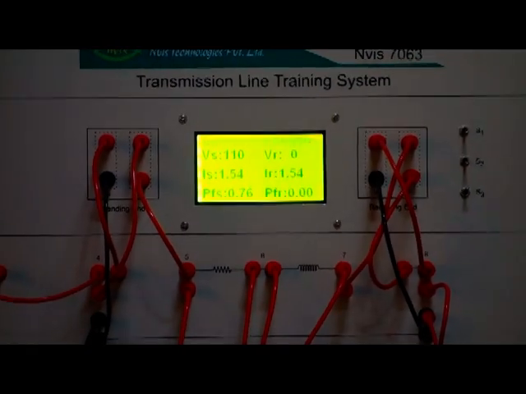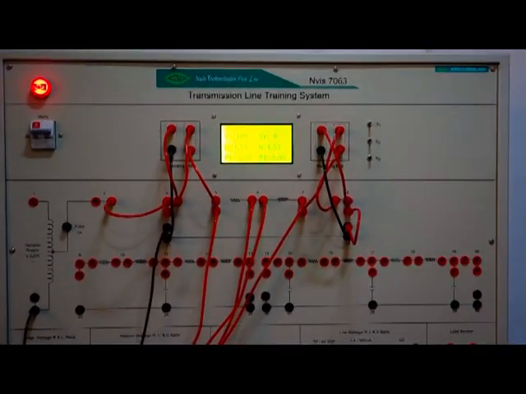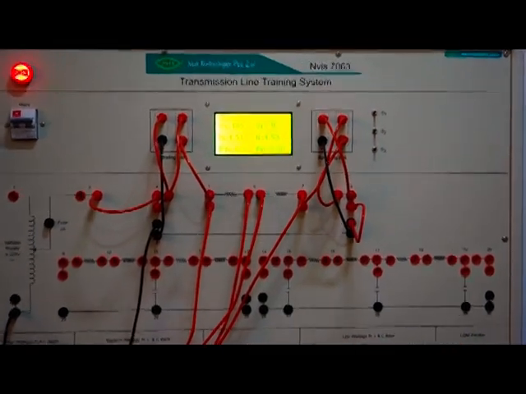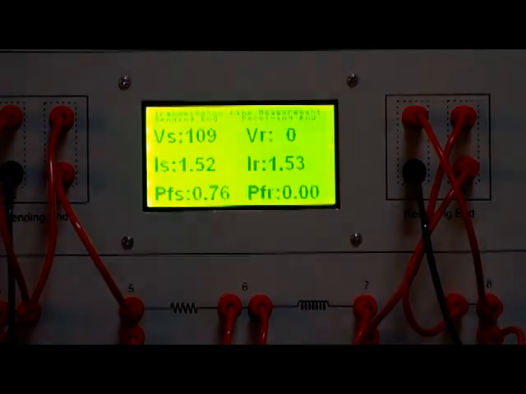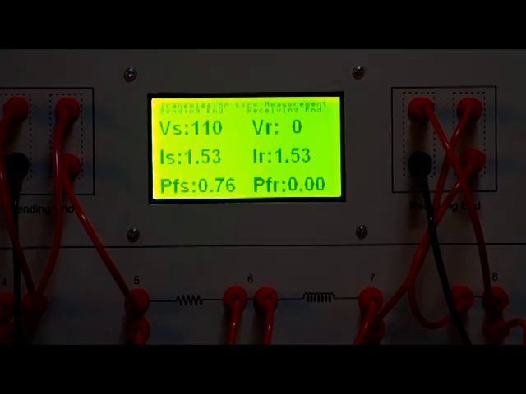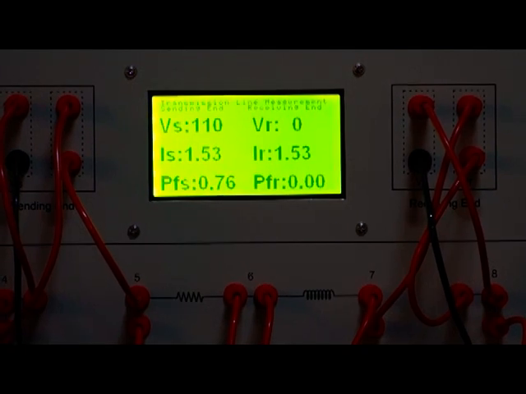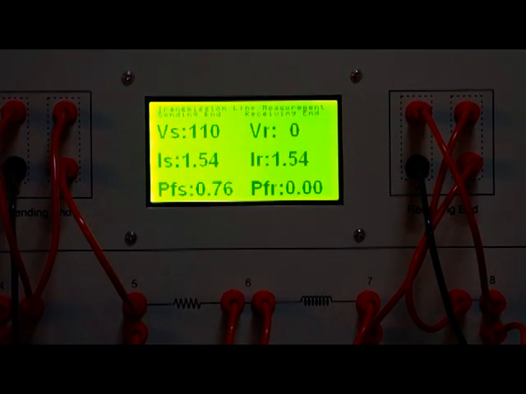In short circuit test, we will get Vs, Is, Ir value, and the value of Vr is 0 because output terminal is short circuited. Write all the parameters in the observation table given in the manual.